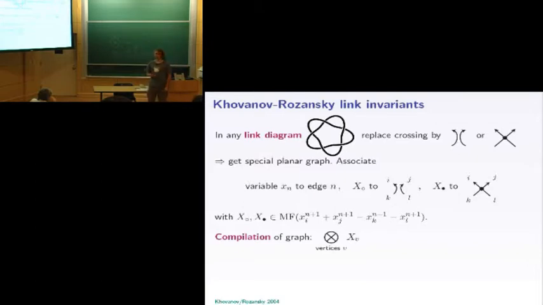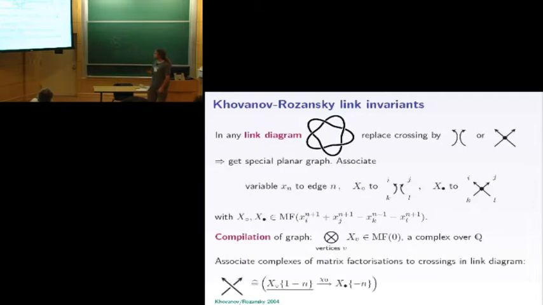So Khovanov and Rozansky tell us, once we have built up such a graph, we take all these different vertices, take the tensor product over them, and in this way we get a matrix factorization of 0, because you will see tensoring adds potentials, but it's not a non-trivial tangle, so there will be no ingoing and outgoing edges. So in the end, we will get a matrix factorization of 0, that is w minus w, if we add over all the vertices. But the matrix factorization of 0 is the same as a complex. And it will be this complex over the ground field, which is taken to be the rational numbers, that we will compute. But the way we compute this is we really want to start with a whole link diagram, and